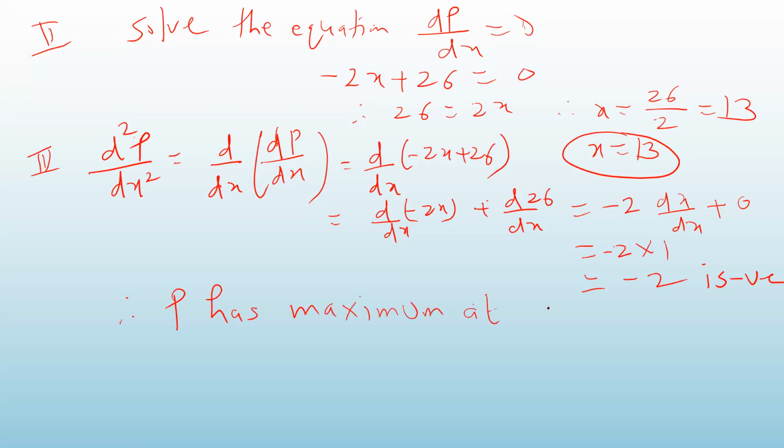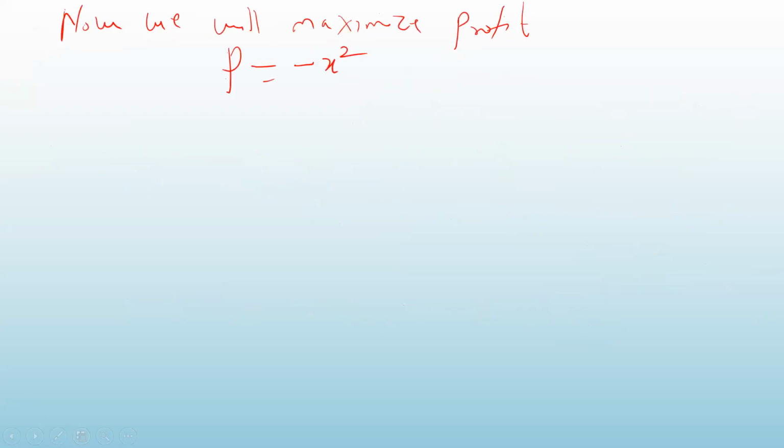At which point? At x is equal to 30. This point. Because the second order derivative is coming negative, the function has maximum value at x is equal to 30. And how will you find out the maximum profit? The maximum profit is given by,